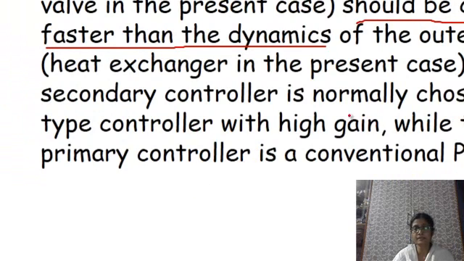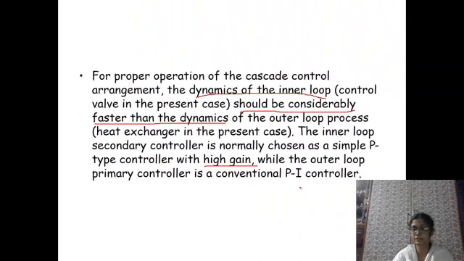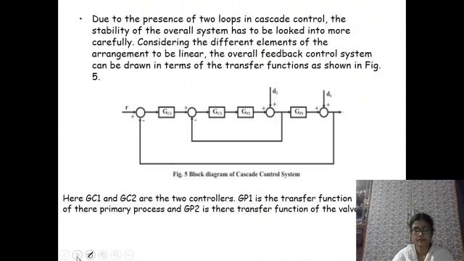The inner loop secondary controller is normally chosen as a simple P-type controller with high gain, and the outer loop primary controller is a conventional PI controller, because PI control action is mostly used for control systems. So the block diagram and model is like this, for the secondary control system. So GC2, this is the process GP2, and this is the process GP1. This is the primary controller, and